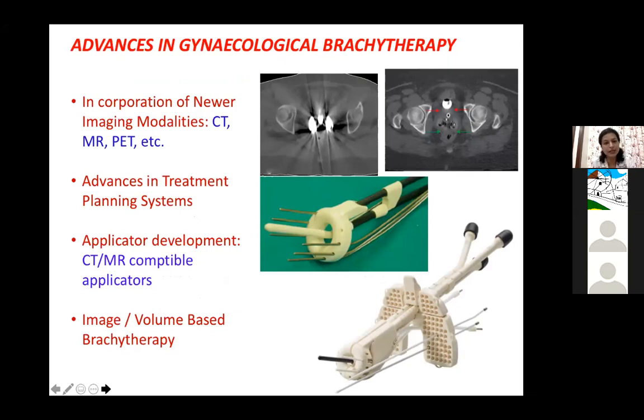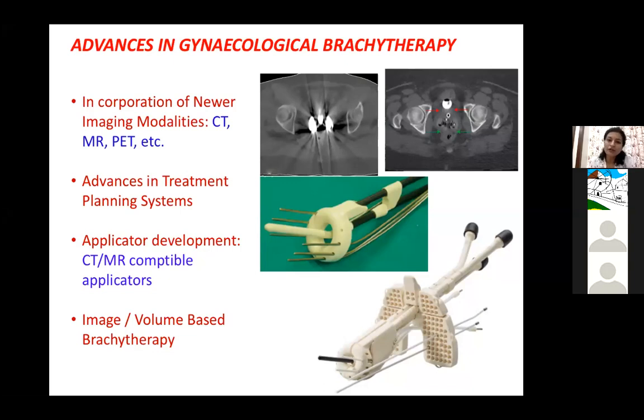Initially, we were using stainless steel applicators. With the advent of CT scans and MRI, we came up with CT-MR compatible applicators. And after that, there was a need for an image volume-based concept, which was there in external radiation. So we had a concept of image volume-based brachytherapy. Also, if you see in terms of applicators, we initially had basically intracavitary applicators and